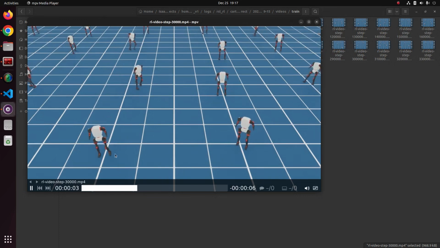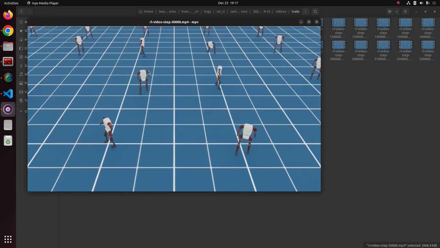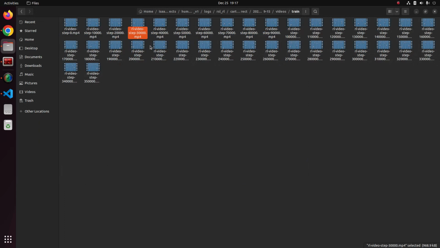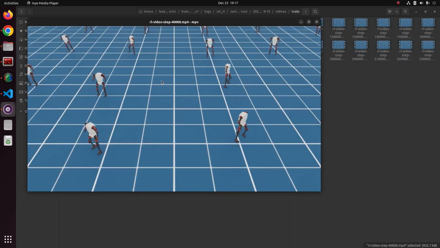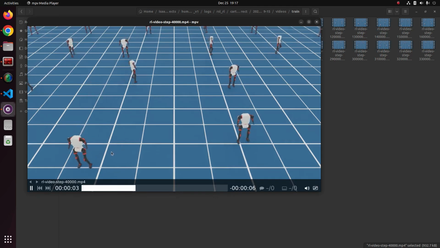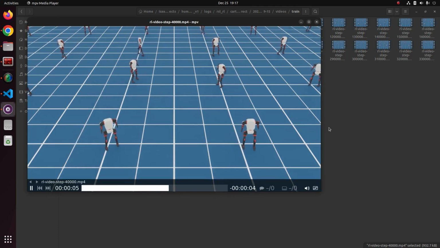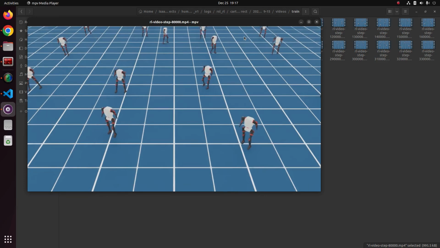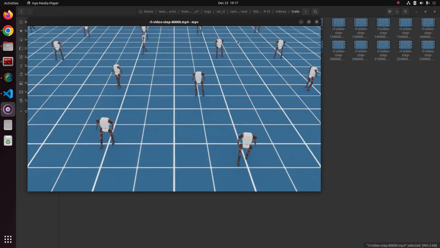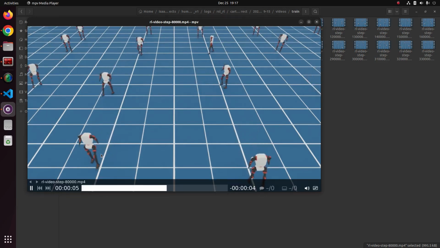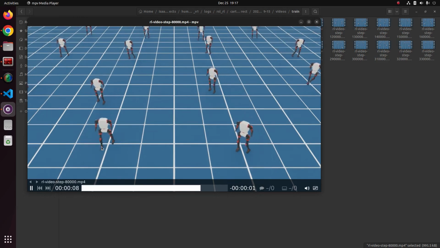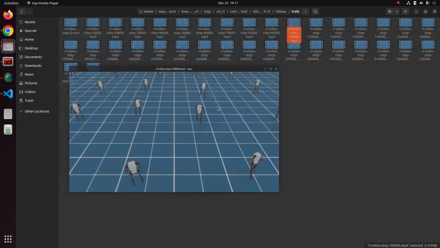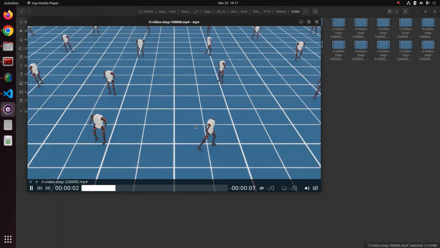At this point, it's getting much better at balancing, and the main issue is it's sliding the feet. At around 40,000, it's getting a little bit better, I guess. Let's jump up to 80,000. Yeah, so now it's learned how to turn and kind of slowly walk towards the target direction. At around 100,000,